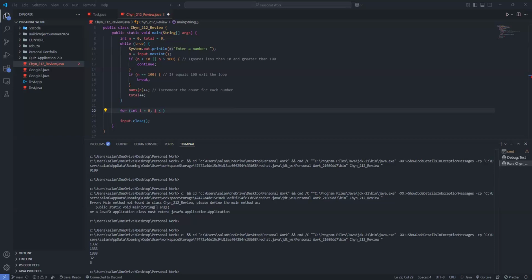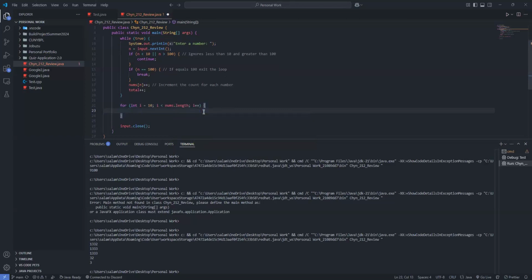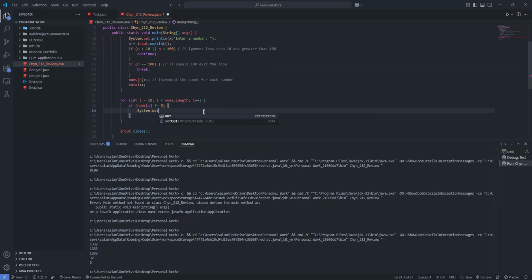For each line of that was used. Okay, i is less than nums.length, i++. I'm gonna start from 10 because we don't have inputs from 0 through 9. So those are all gonna be 0. What we're gonna do with this, we're gonna do if nums[i] is not equal to 0,